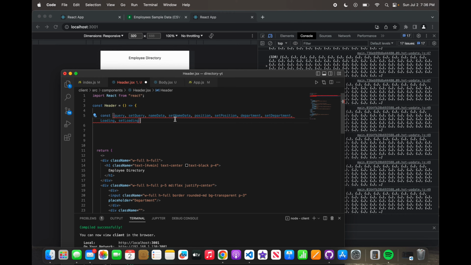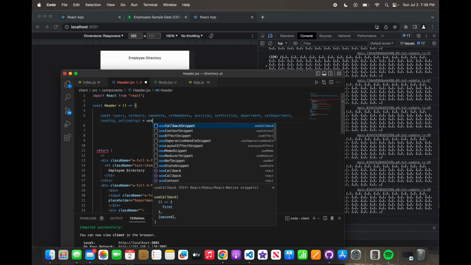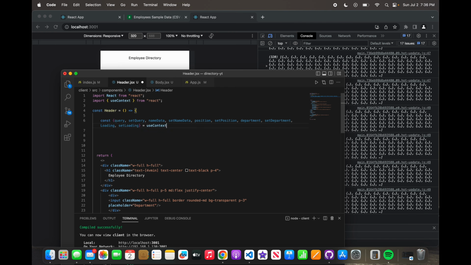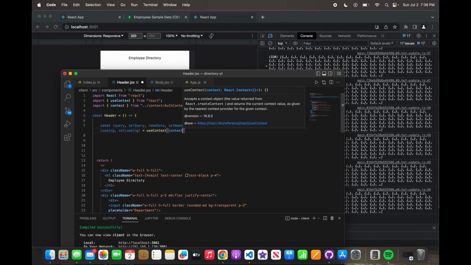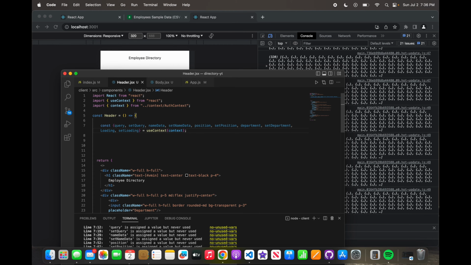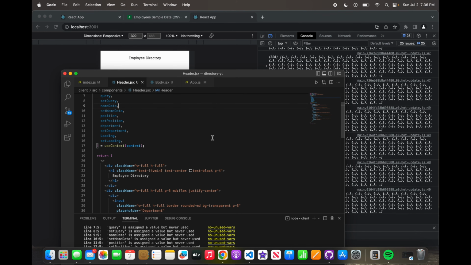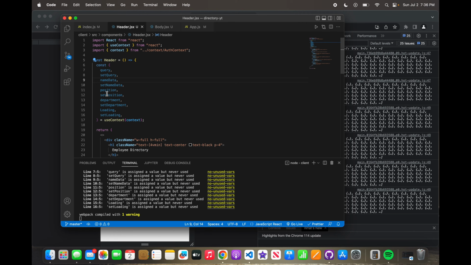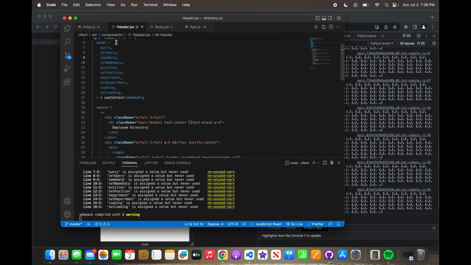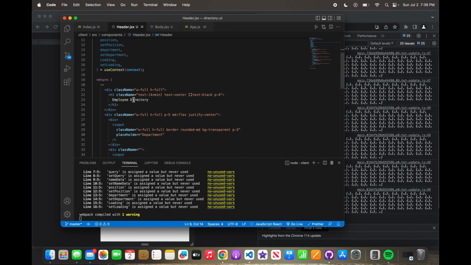Cool. So const, and we're gonna say is equal to use context. So it's gonna import this, and it's gonna say use context, and then it's gonna import that. Cool. So now we can do this. All right, so now we have all these state variables in our header, and we can go ahead and use